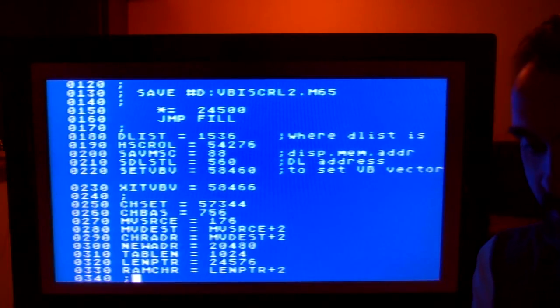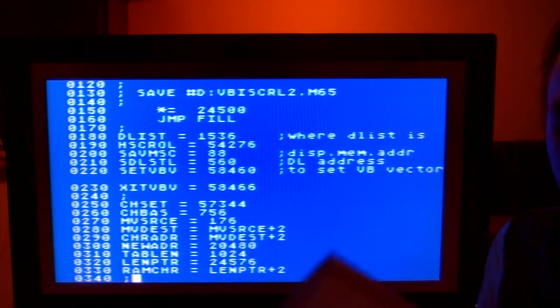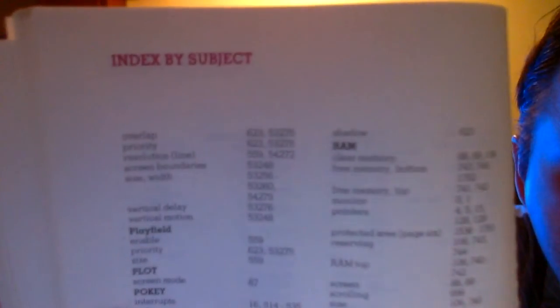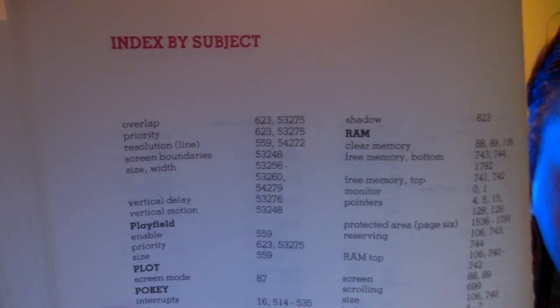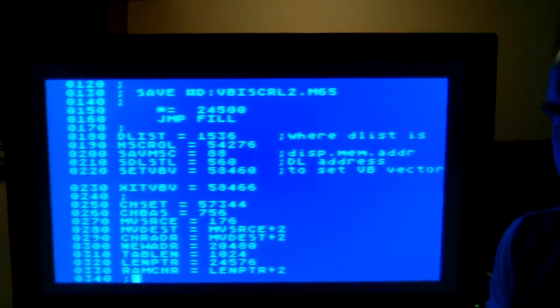If you want to look up a memory location, it's not helpful going to the back here. I don't know if I showed this before, but see in the back where it says index by subject? These are not always helpful. I mean, you can find the memory locations, but they're not in any specific order. Rather, what they do here in the back is they look them up directly by the name of the memory locations and then maybe the name of what you're trying to find. Like this one says Playfield, Player Pokey, and all that kind of stuff. So it's better just to go through the book. And if you look here, you'll see,